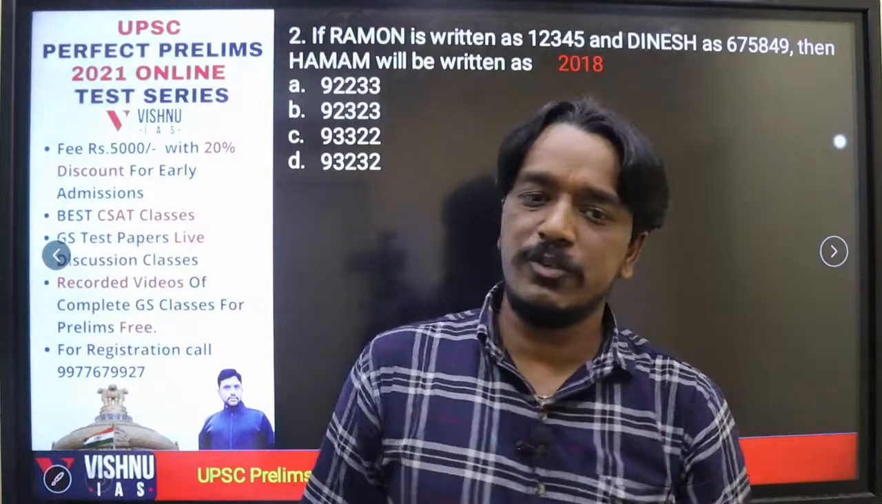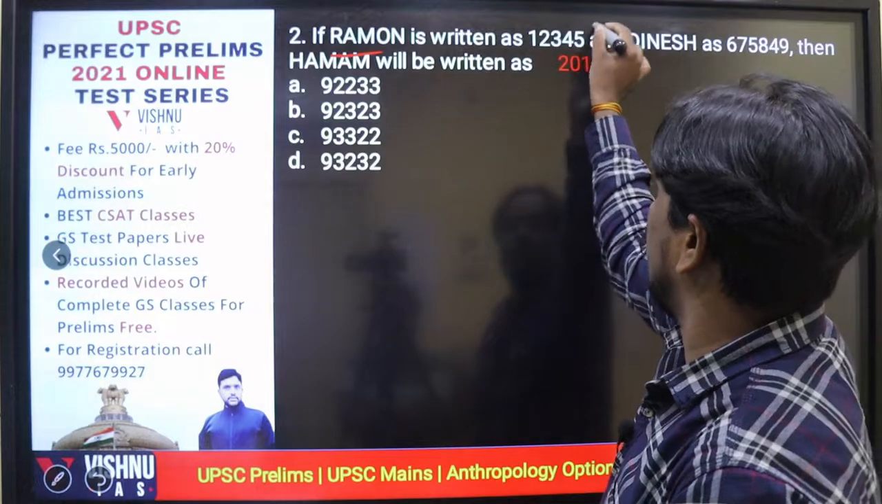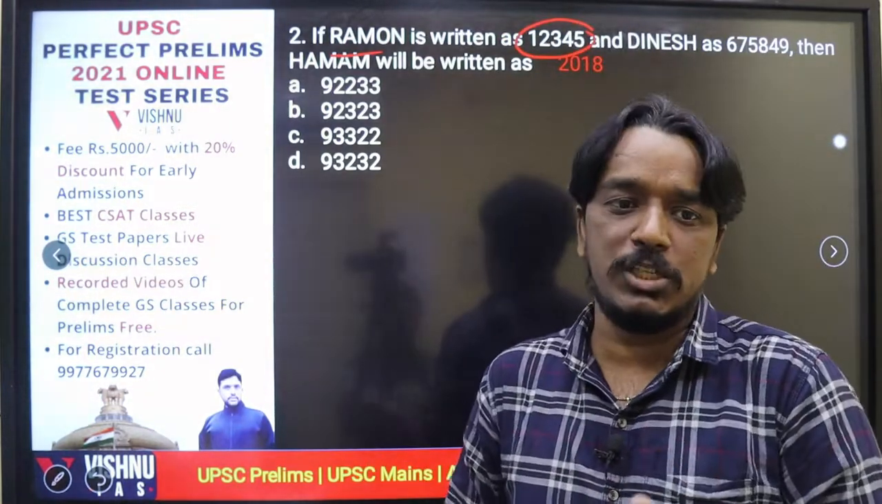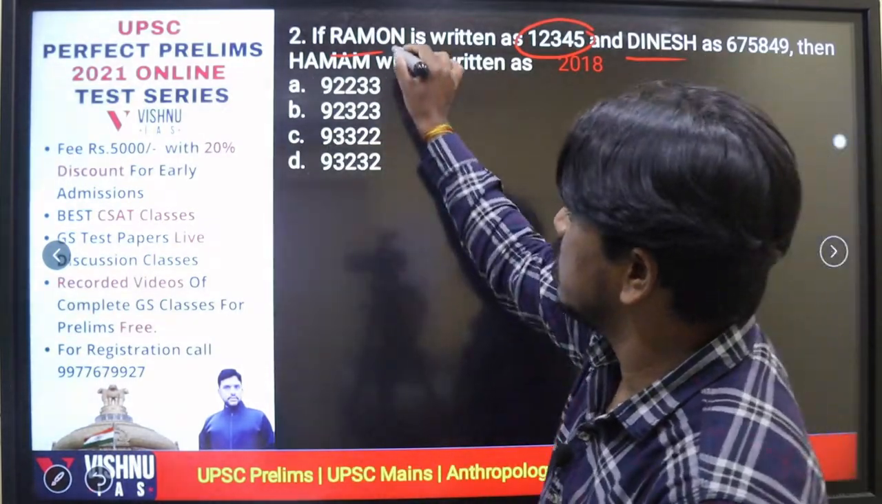Let's see one previous year question from this model. If you observe, Raman is coded as this one. They can give numbers also. Letters, numbers or even symbols also you can get in this model. Clear? This one is coded as this one. And what is the code for